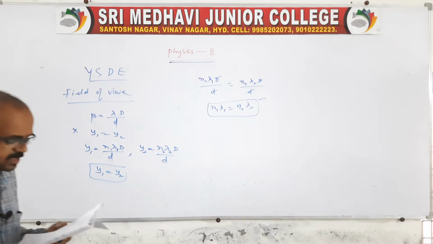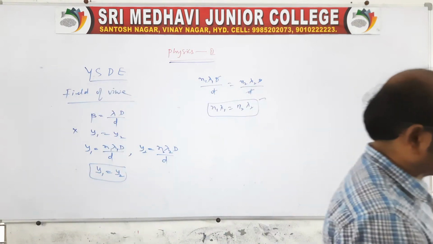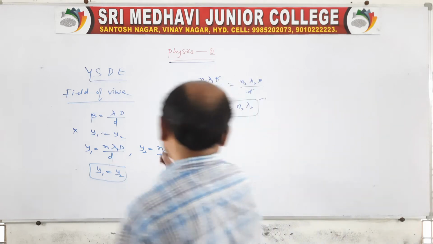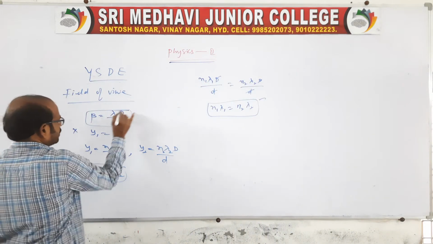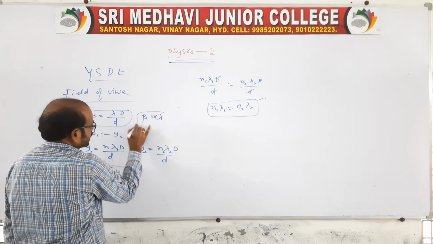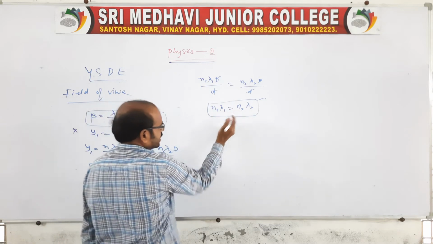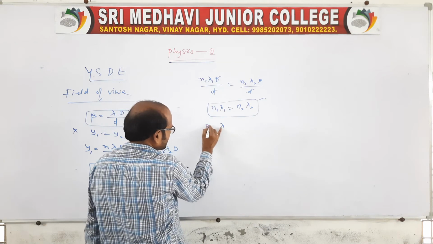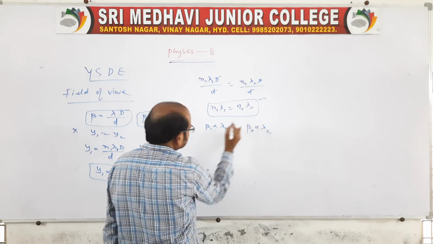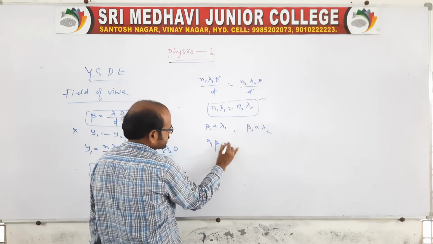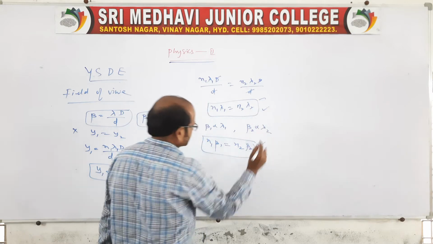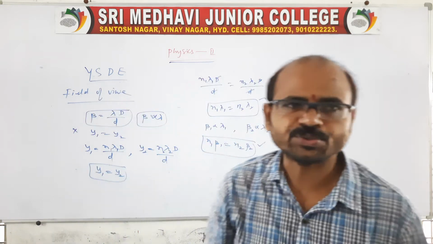So if you go through this, then we'll ultimately get the different questions on that basis. We can also say directly from here that for the bright condition, the fringe width beta is directly proportional to lambda. So instead of lambda 1 and lambda 2, since beta 1 is directly proportional to lambda 1 and beta 2 is directly proportional to lambda 2, n1 beta 1 is equal to n2 beta 2. So which condition to use depends on the problem.